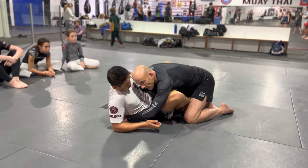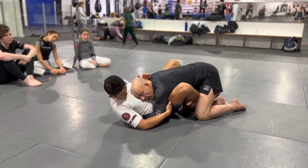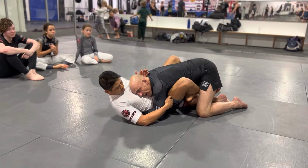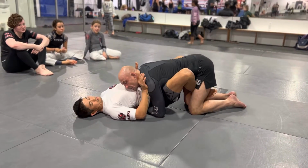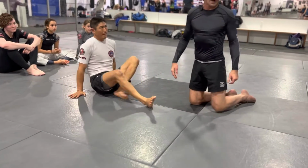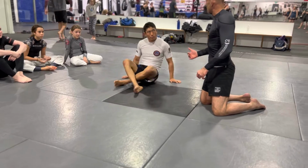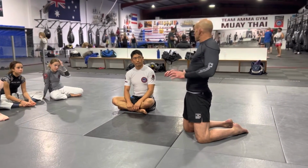Right hand, and I'm going here. My head comes in. What I'm doing is I'm going to drive my head through to my hands and walk my feet in to get that kind of reaction. So it's quite nasty as far as the person on the bottom. It's not designed to make them tap, but it's designed so that they're going to try to take space